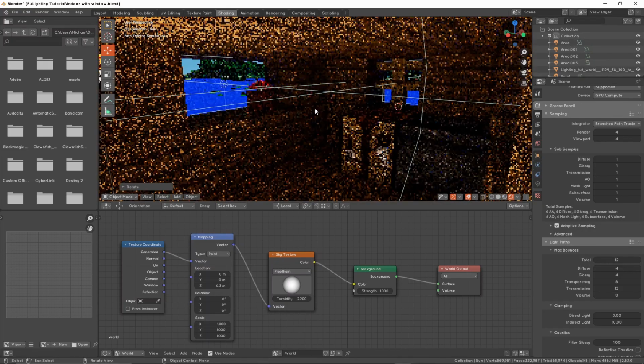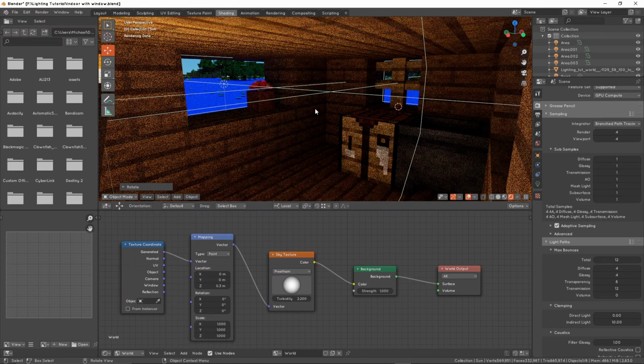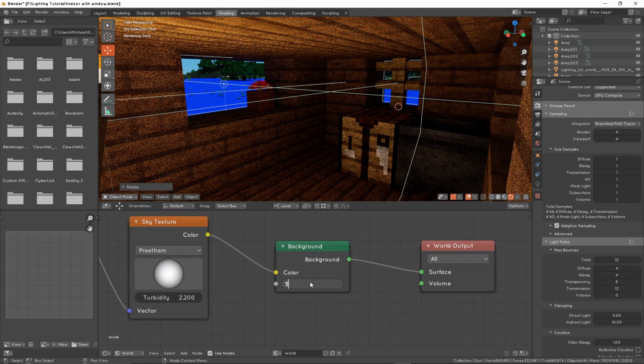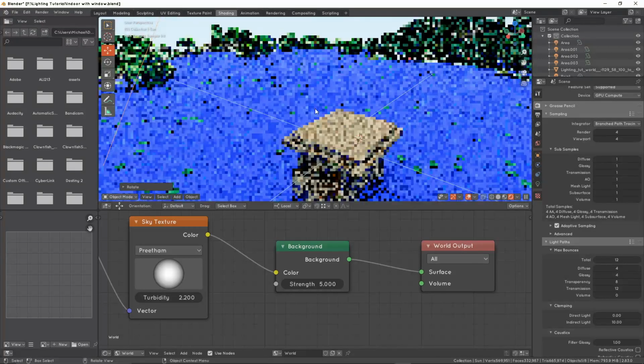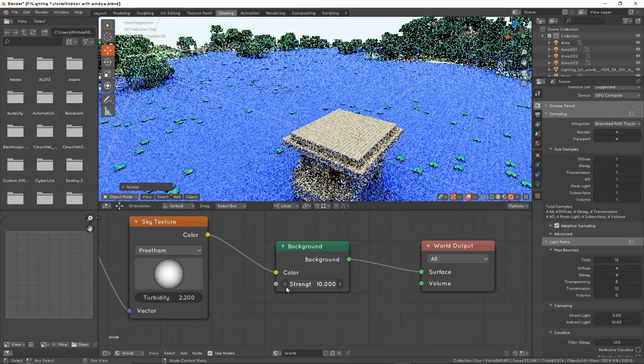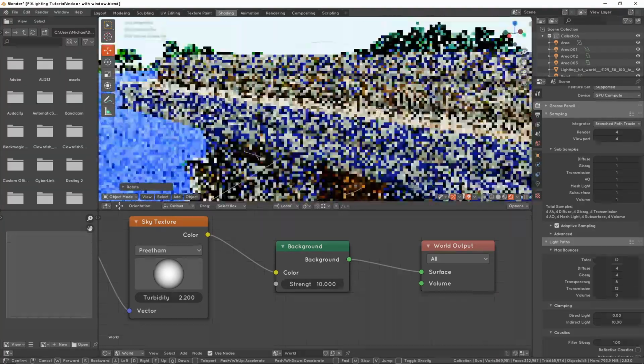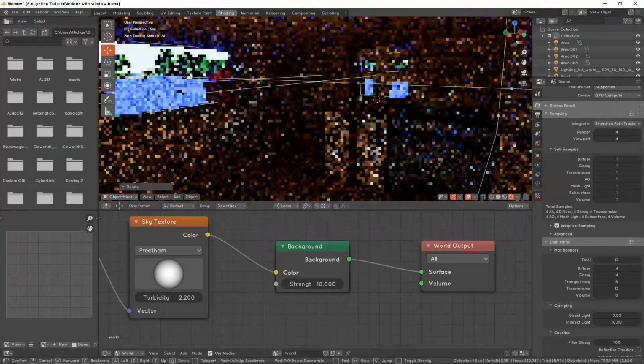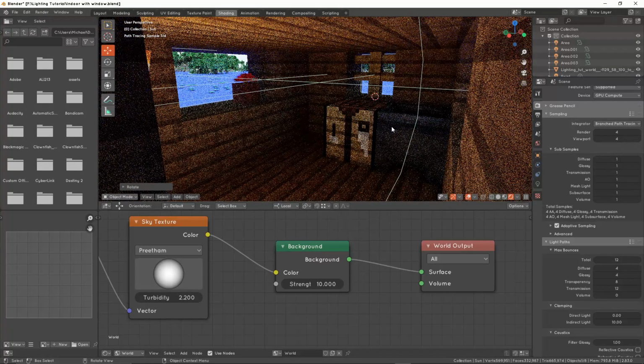So how exactly do we simulate this? Well, it's actually fairly easy. You just make the world background a lot brighter. By making the world background a lot brighter, you essentially have upped that gain value to a much higher number. Now you can keep upping the strength on the world background until you feel like the inside is bright enough. You just keep going until you feel like the inside is getting lit up enough by the outside